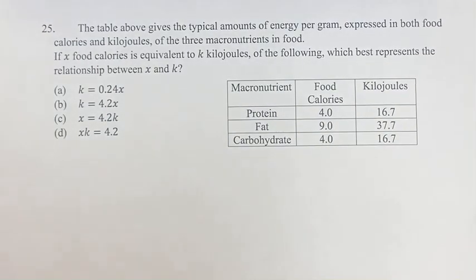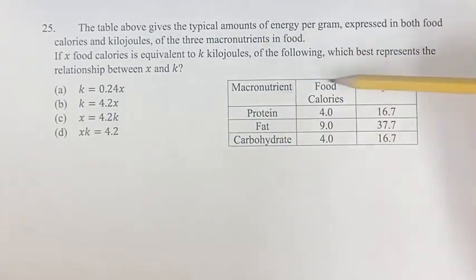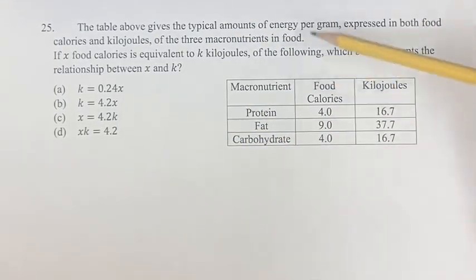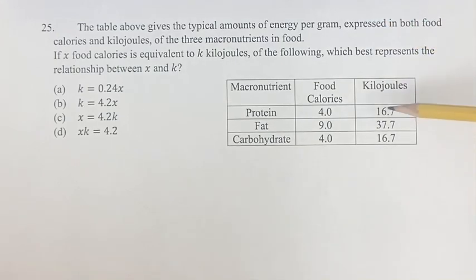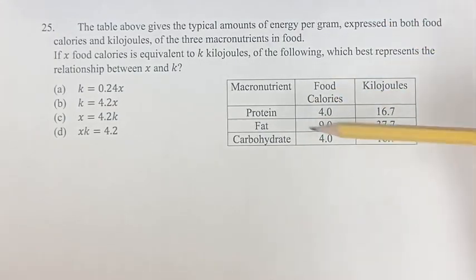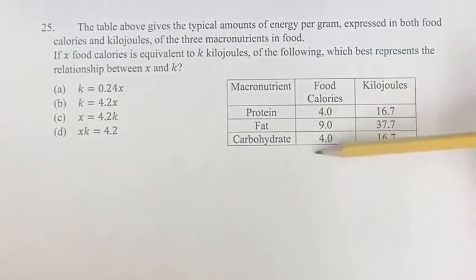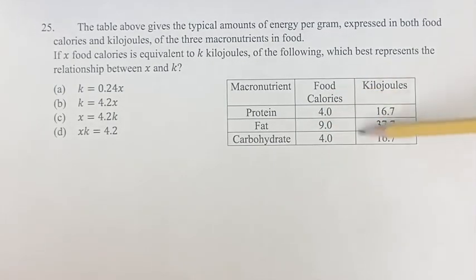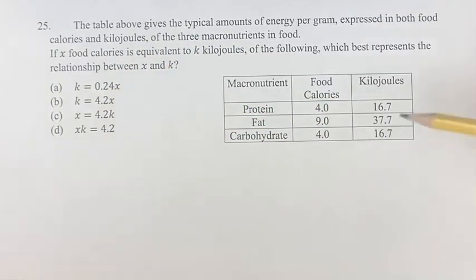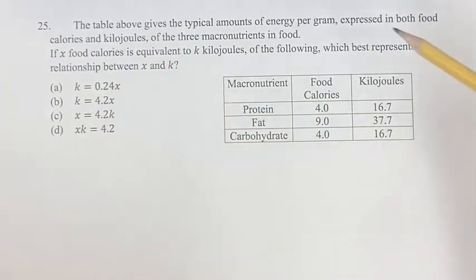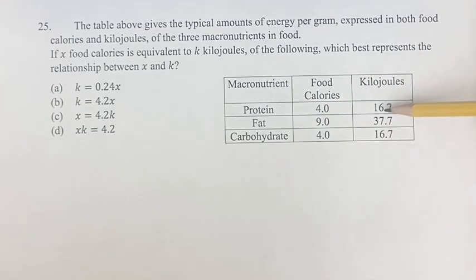In this problem, the table here is giving the typical amounts of energy per gram, expressed in both food calories and kilojoules, of the three macronutrients in food. If we're saying X food calories is equal to K kilojoules, which of the following is the relationship between X and K? So we see that 4 food calories is equal to 16.7 kilojoules, and 9 food calories is